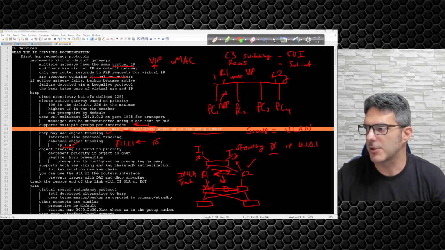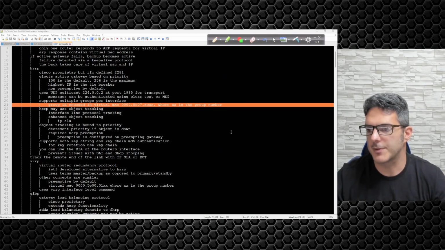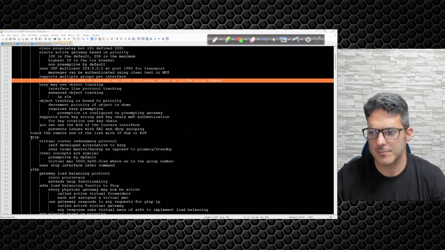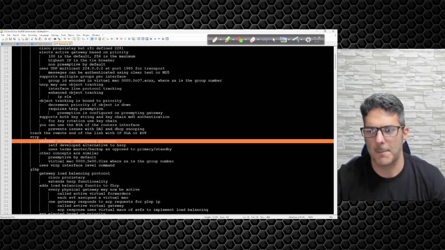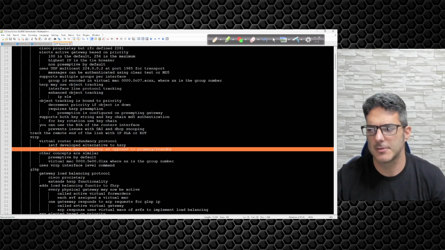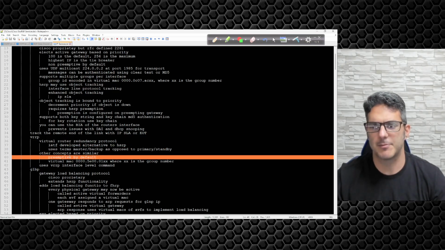Now VRRP, I'm going to go ahead and clear the screen. VRRP works very, very similar to that. It is the open standard version of HSRP, and the only thing it does differently is it uses master and backup as opposed to primary and standby. Other concepts are similar, preemptive by default, so it's automatically going to preempt unless you tell it not to. And then it uses a different MAC address,